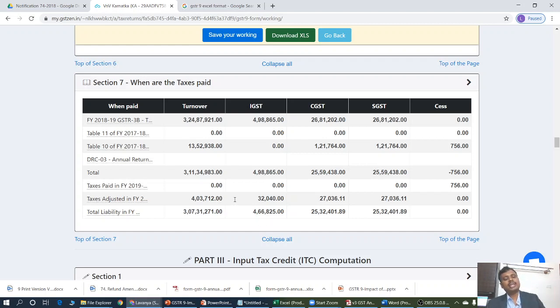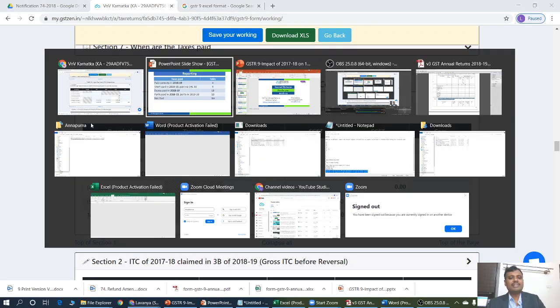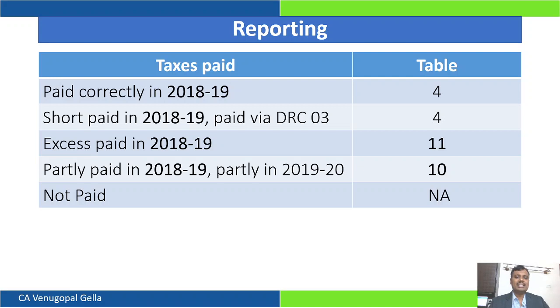It would automatically present it to you in section 7. And please note, whenever the data is read only, you will find this bookmark, and wherever the data is editable, you will find a pencil mark where you can do the edit. This is how the GSTR 9 template of GST Zen is helpful for you to identify the turnover and segregation.